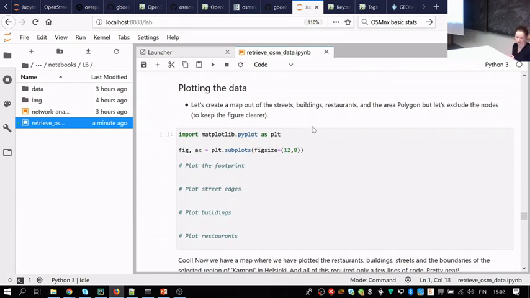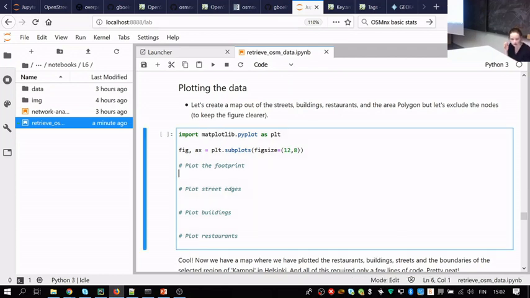Okay, so finally now we have all these layers. So let's plot them to first of all verify that we have fetched the correct data, and that they align and we have everything we need. So a bit of refreshing of what we learned last week. At this point we have in memory a variable called area, then we have the edges, the nodes, and then buildings and the restaurants. And if you use the same variable names as I did, you can just repeat these. So we can plot